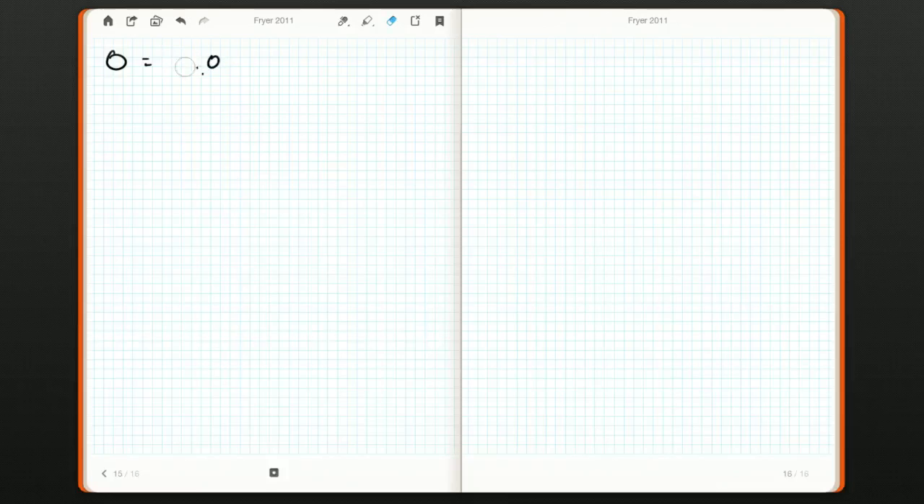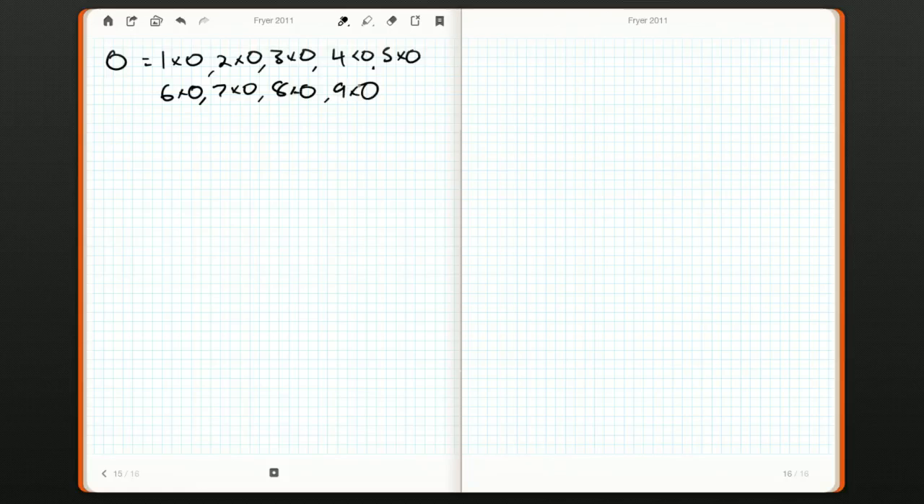So 0, well, we can get 0 by doing 10, 20, 30, 40, 50, 60, 70, 80, and 90. Okay? Now these ones down here, they're not going to work. They're way too big. But this one, 40, can be 5